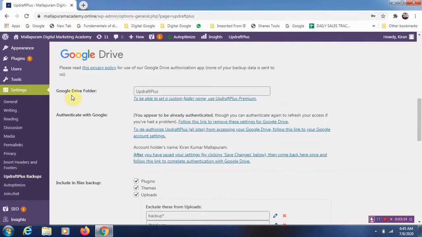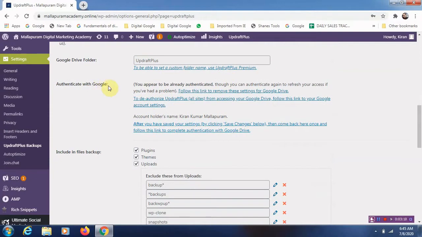So do not change here once it is there. You need to authenticate it with Google. To refresh your access, follow this link to remove these settings from the Google Drive. To deauthorize Updraft Plus, if you do not want Google to back up your site, you can click here and automatically it will be deleted.